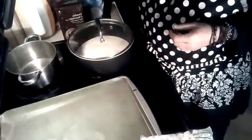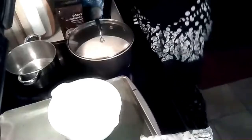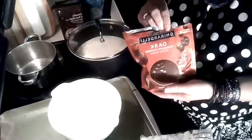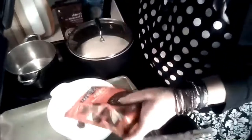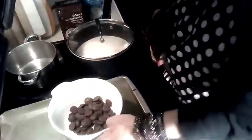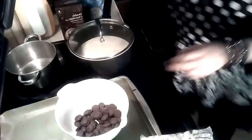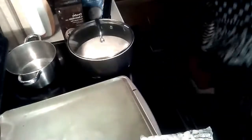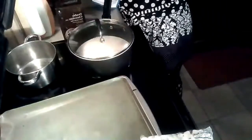Additionally, I think I want to do the chocolate in that bowl, the dark chocolate. And I don't know how to pronounce this, Ghirardelli's, but it is a delicious chocolate. So for now, I'm just going to take about half of the container, filling the bottom. I'm going to go ahead and start by getting this in the microwave. We're going to do 30 seconds at a time. All microwaves are different, so you'll want to be sure to look at the voltage of yours